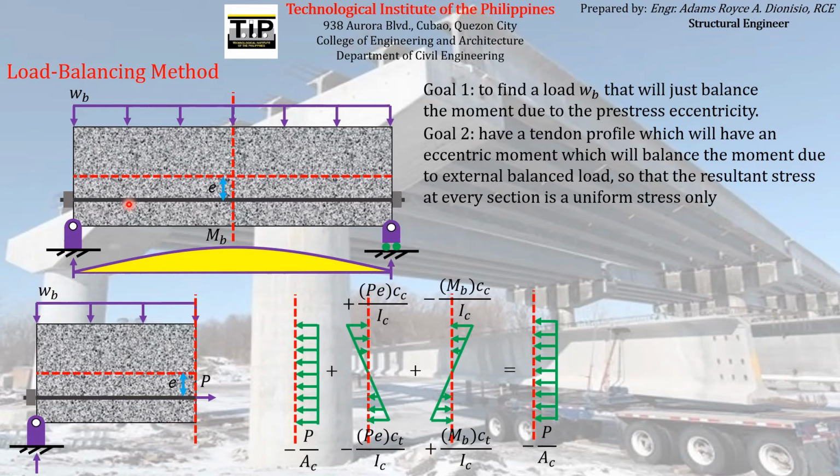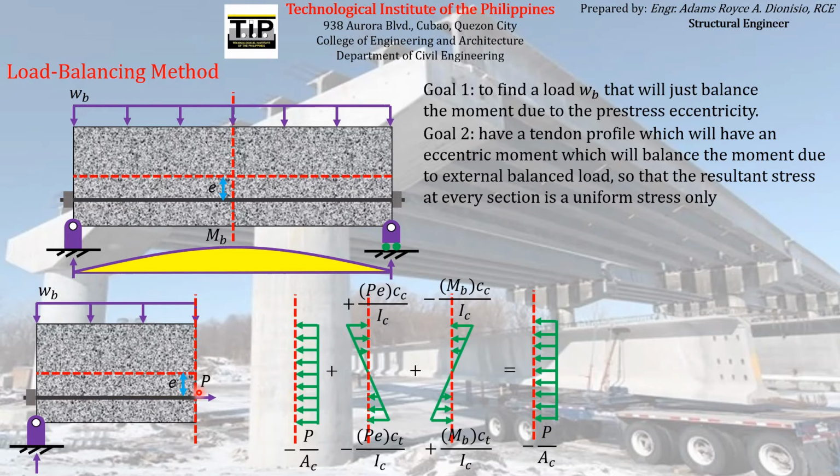In what way will we vary the eccentricity? Will we make the eccentricity at the end equal to zero? Or will we make the eccentricity at the other end to be above the neutral axis or above the centroid? So in what way will we vary the eccentricity of the pre-stressing reinforcement all throughout the length of the concrete element, so that the corresponding bending moment will just have equal magnitude to the corresponding eccentric moment coming from the eccentricity